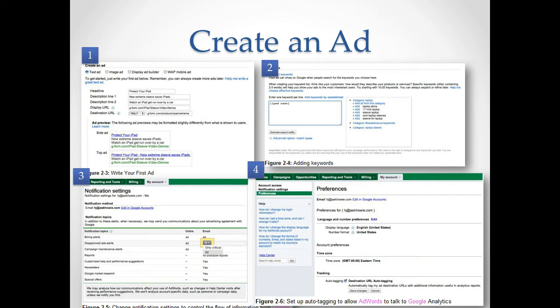So how do you create your first campaign? Now your AdWords account is structured in two levels of organization. One is campaigns and the other is ad groups. Campaigns are containers in which you place ad groups, which are the functional units in which you show ads and select and bid on keywords. A campaign is defined by a set of settings that apply to all ad groups in that campaign.